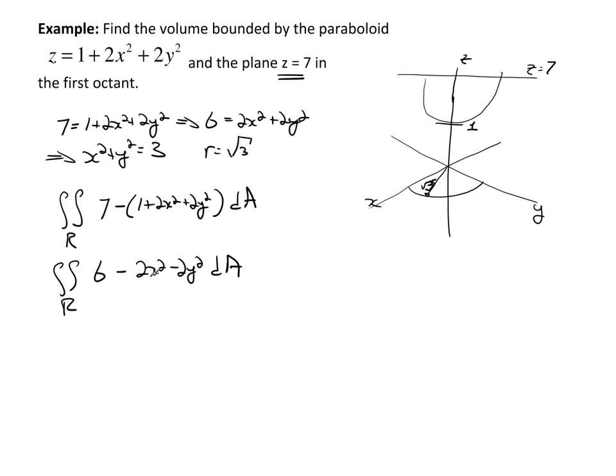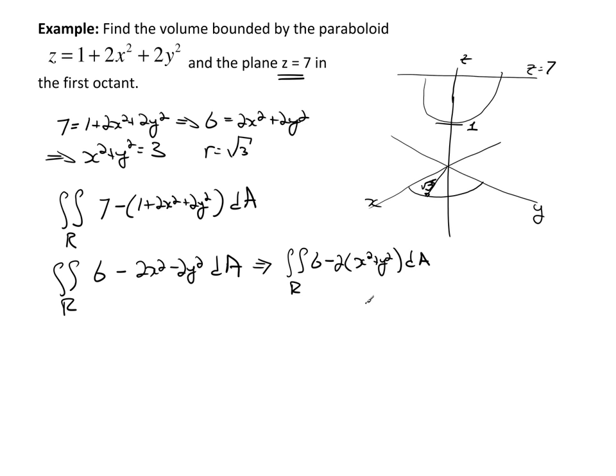And I'm going to pull out a negative 2, and that's going to give me this double integral over my region of 6 minus 2 times (x squared plus y squared) dA,